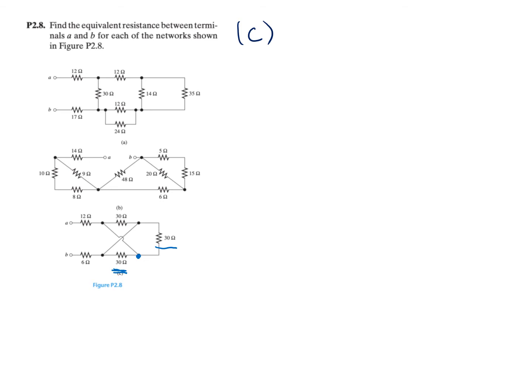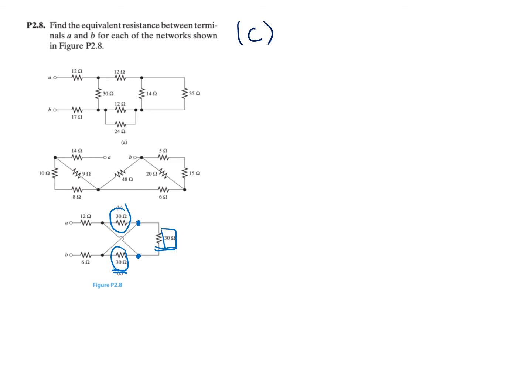Well, similarly, we are going to see whether this 30 ohm resistor is connected in series with this one, which is not true as well, because this node is also connected to another wire, so they are not connected in series. So all of these three are not connected in series. So what we are going to do here is see whether they have a relationship as in